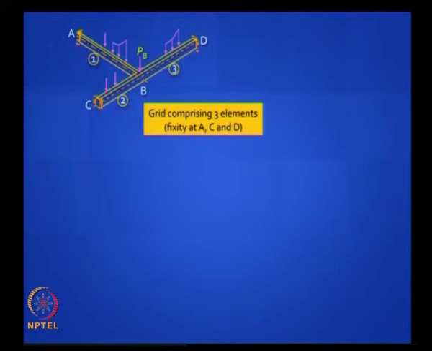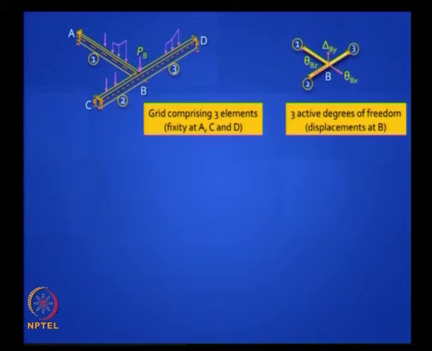So let us quickly review what a grid is. I have given you a segment of a grid. You have two interconnected beams monolithically connected at the joint B. If you separate out the 3 free bodies, you will find that there will be twisting in all 3 of them, and if we say A, C and D are fully fixed against both flexure and torsion, then you have only 3 active coordinates at B. You have a vertical translation and you have rotation about 2 axes as shown in that figure.